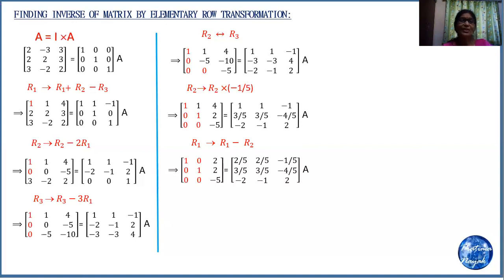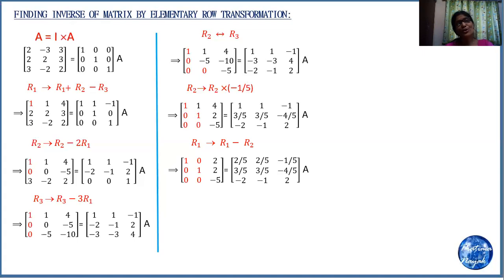So it will be 1 0 0, 0 1 0, and 2 2 minus 5. So R1 will be changed. R1 will be 4 minus 2, 2 will be there. And on the right hand side, in the identity matrix, you will get 1, minus 3 by 5, 2 by 5, 1, minus 3 by 5, 2 by 5, minus 1, minus 4 by 5, minus 1 by 5. Others will remain unchanged.